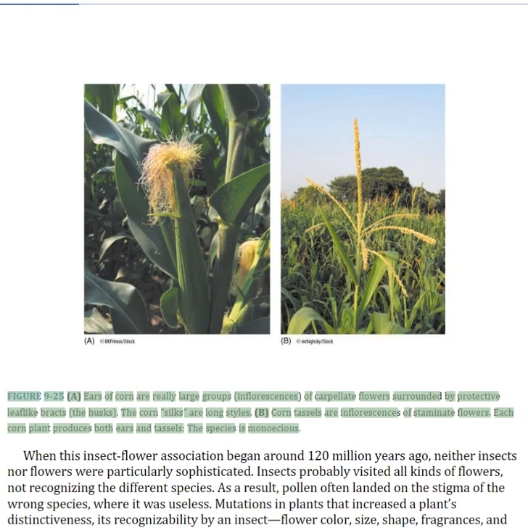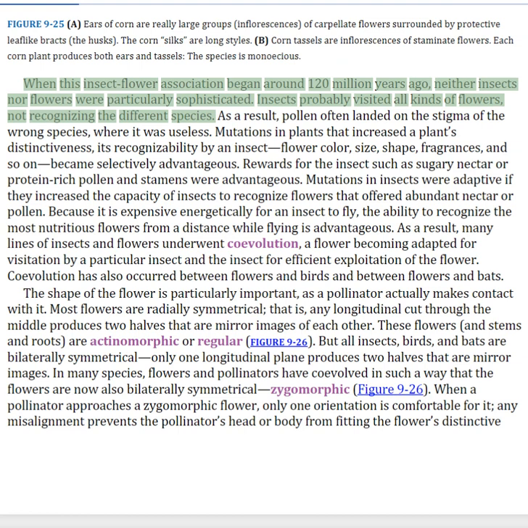Figure 9.25. Ears of corn are really large groups of carpellate flowers surrounded by protective leaf-like bracts. The corn silks are long styles. Corn tassels are inflorescences of staminate flowers. Each corn plant produces both ears and tassels. The species is monoecious. When this insect-flower association began around 120 million years ago, neither insects nor flowers were particularly